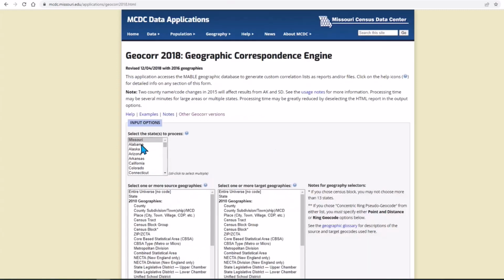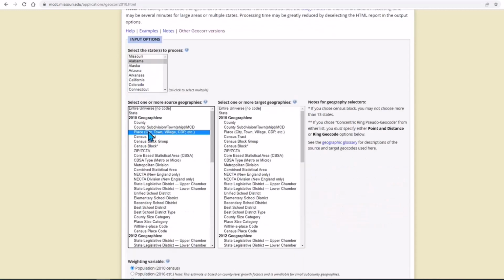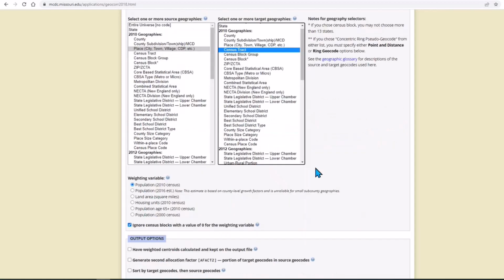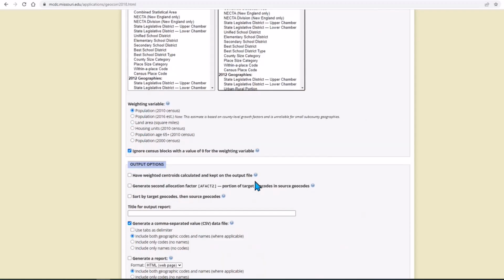Next, choose a state, Alabama in this case. Then choose place in the source box left-hand column. Then choose census tract in the target geographies box on the right. Scroll down, and under the output options, you can click Generate a data file in a CSV or tab delimited